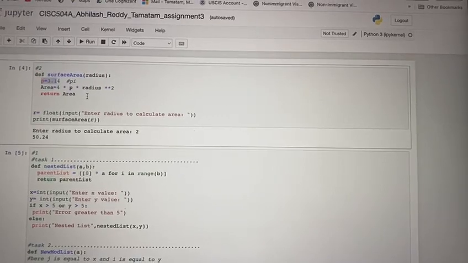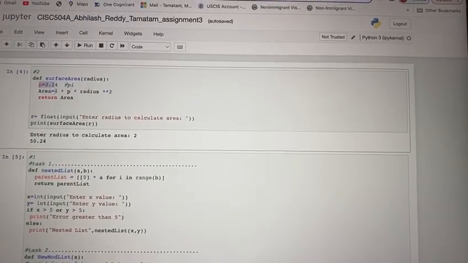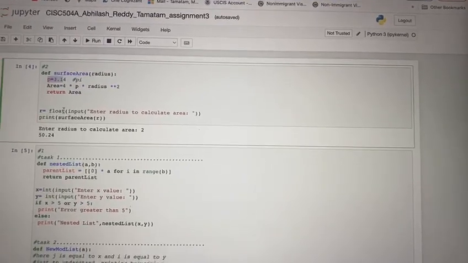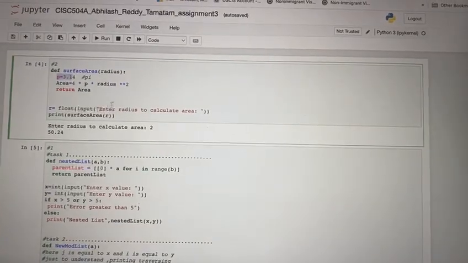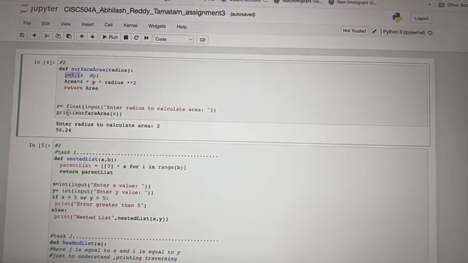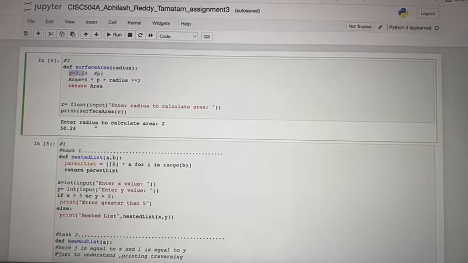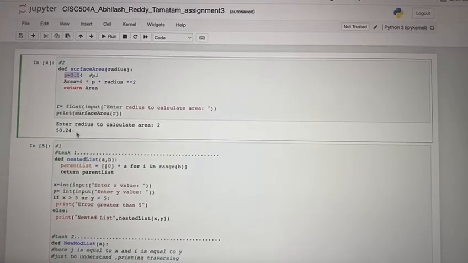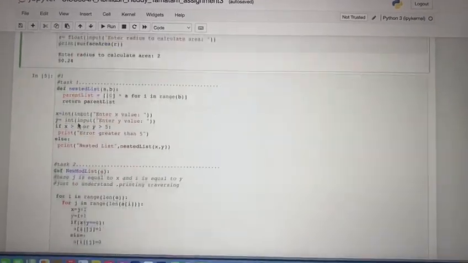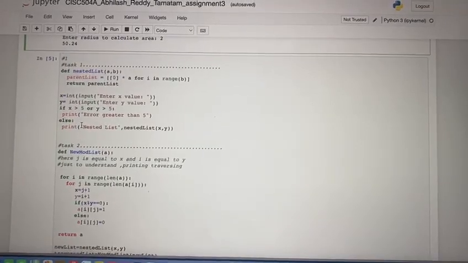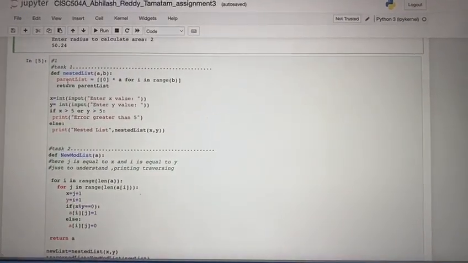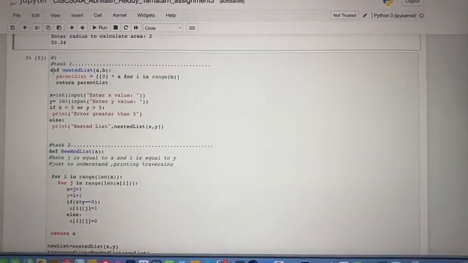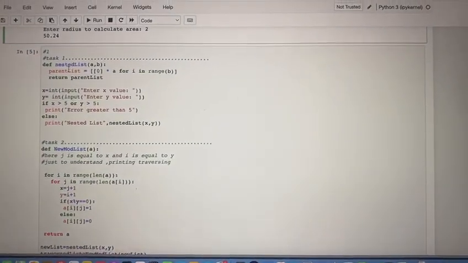So taking input of radius as a float, as it can be a float value. So I am entering print surface area, enter radius to calculate area. So it is 50.24, and the other assignment is